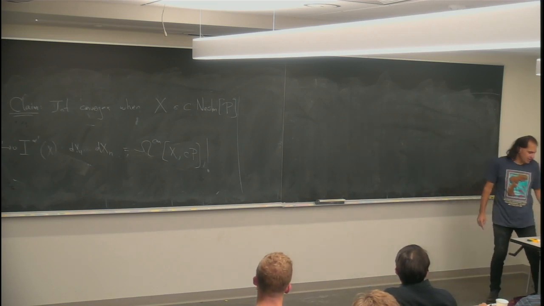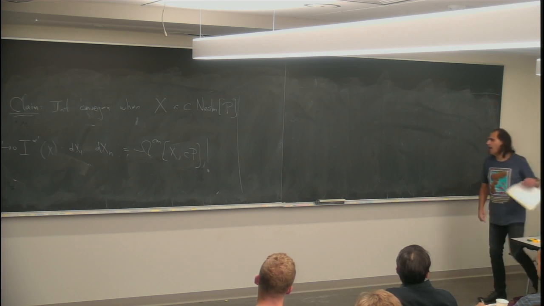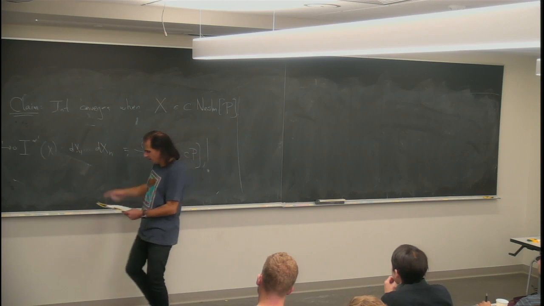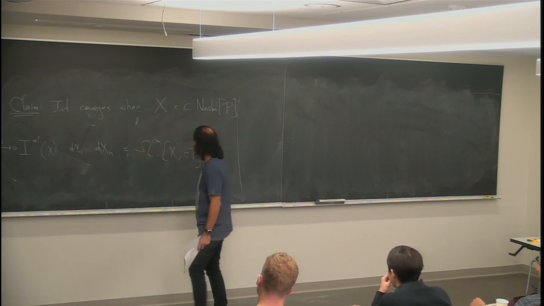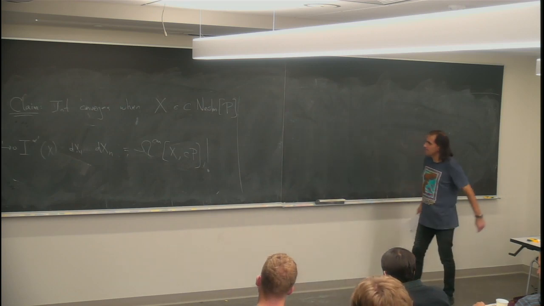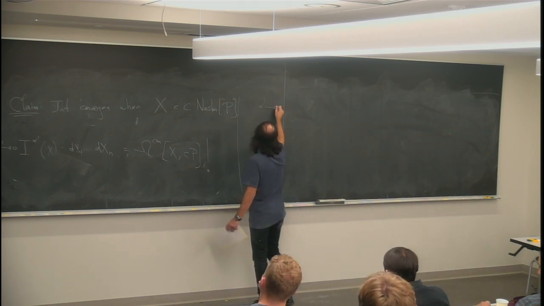Now this object has nice properties even when alpha prime is not equal to 0, but let me focus on the behavior as alpha prime goes to 0. One thing we've said already is that this turns into the canonical form. But let's look at something else. Let's look at what happens as alpha prime goes to infinity.